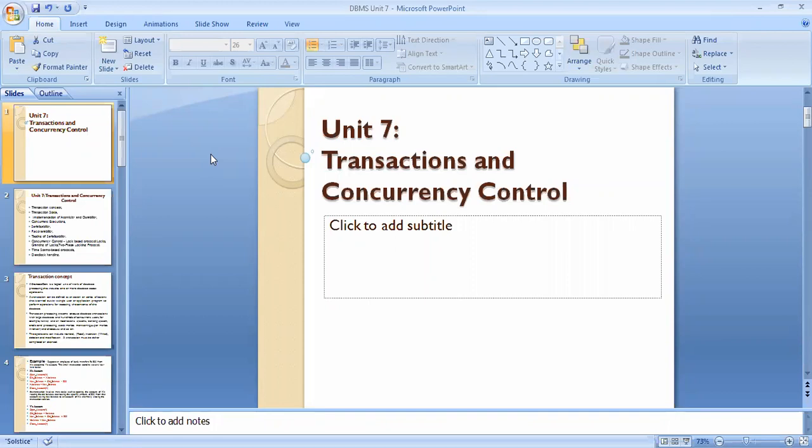Yes, our unit 7 name is the transaction and concurrency control. Listen carefully, concentrate here. Transaction and concurrency control. Yes, the main purpose of the database management is to organize, to arrange the data in